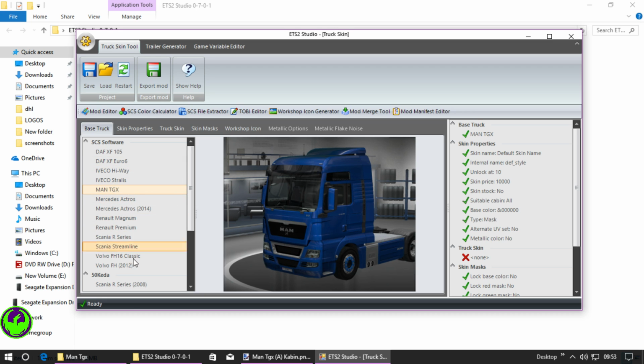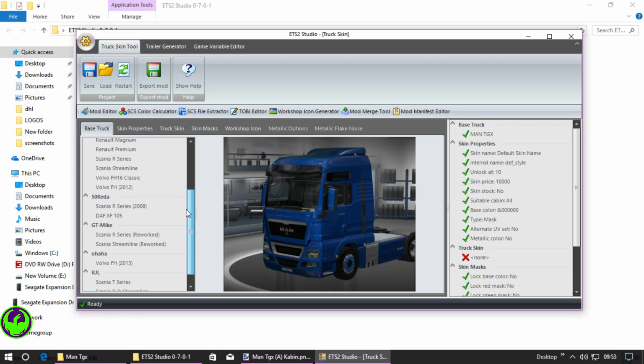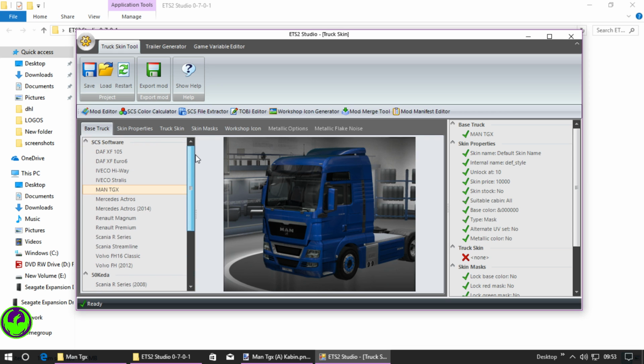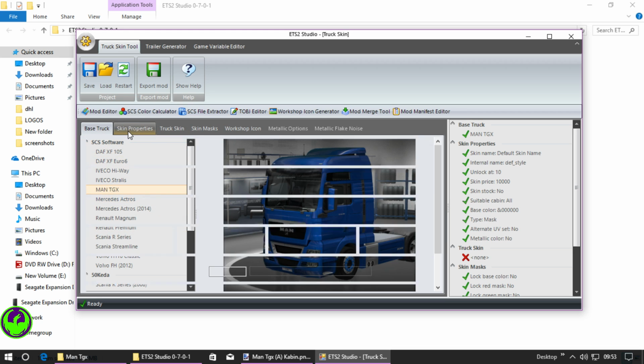Right, anyway, I'm assuming man was on there. But always make sure that you do choose the SCS software one. There are plenty of other stuff to choose from, but it's just the SCS ones that we are doing. So you choose your base truck, then you'll go into skin properties,